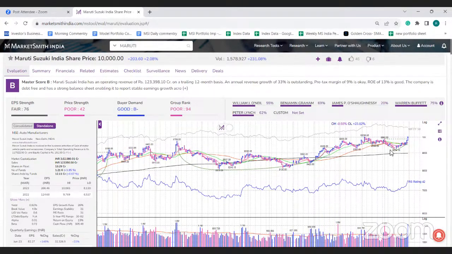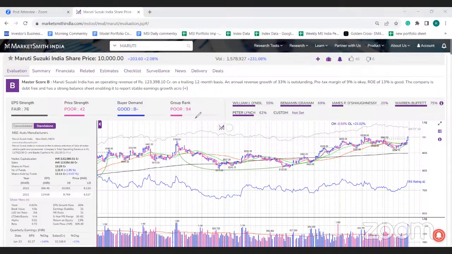Maruti is doing very good in the current market. You can see it has broken out from a stage 1 double bottom base pattern in today's session. The volume is also very high. It is considered a very strong breakout on the price and volume front. The stock advanced more than 2% higher, and volume also came in very good. It was a very strong breakout.